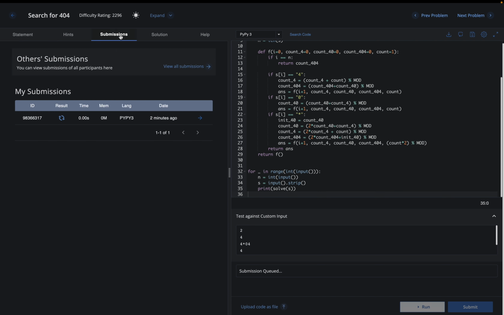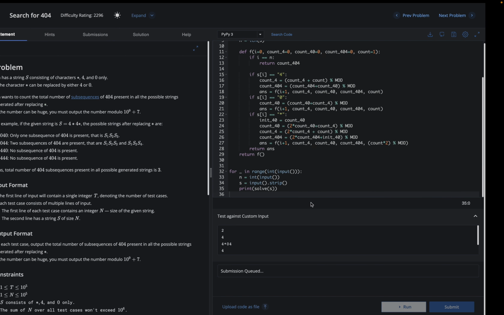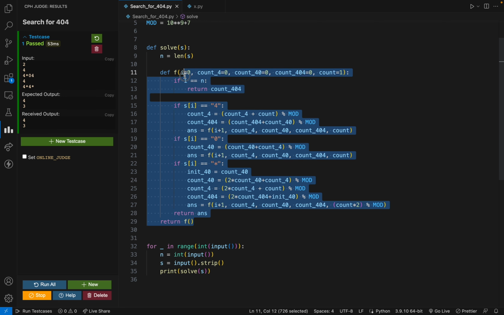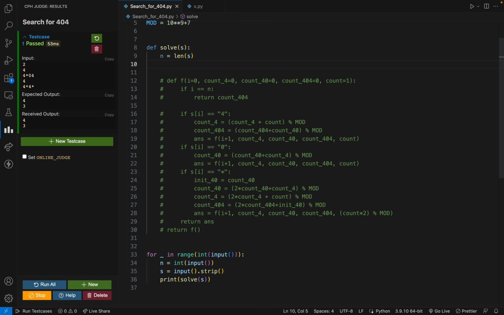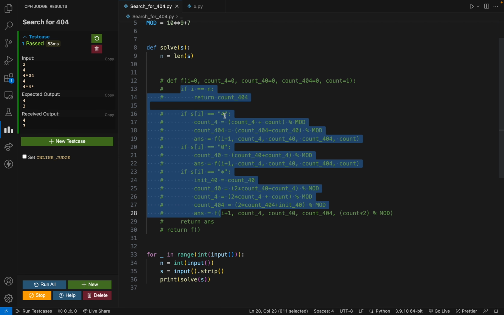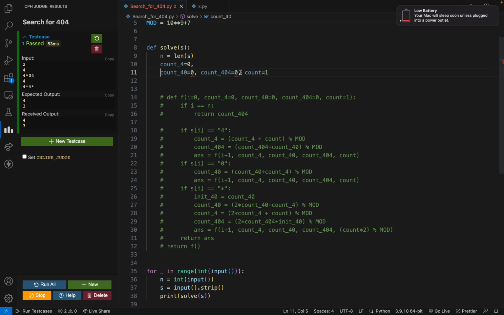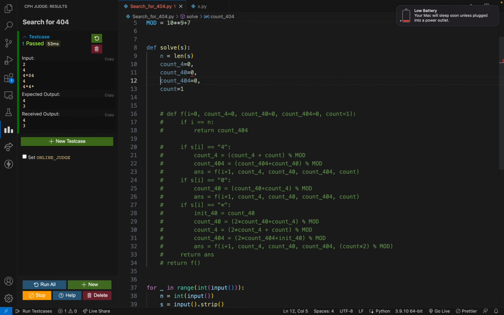I think the server is slow, but basically this will still give me a TLE, because I think the recursive calls, basically the subproblems are not overlapping. We are just moving to the next index, right? So we don't even need a recursive function for this. We can simply copy paste everything. I mean, we can make these variables, we can do it in a single for loop, because like that. Okay,